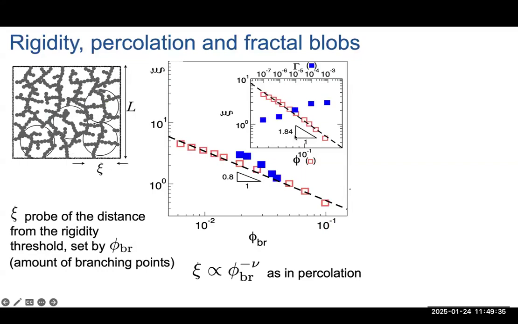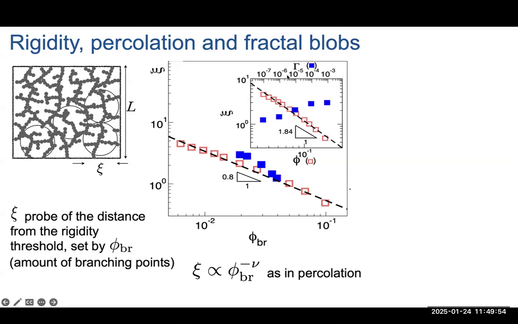So one thing is that, for example, if I take this length scale and plot it as a function of the amount of branching points, which in this model is a good proxy for the distance from the rigidity threshold, then I can see that this length scale psi, if I plot it just as a function of the gelation rate